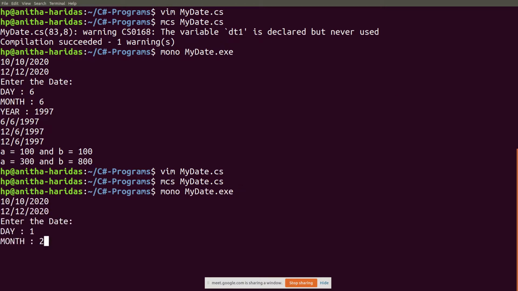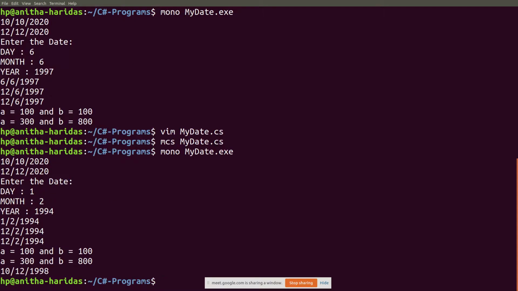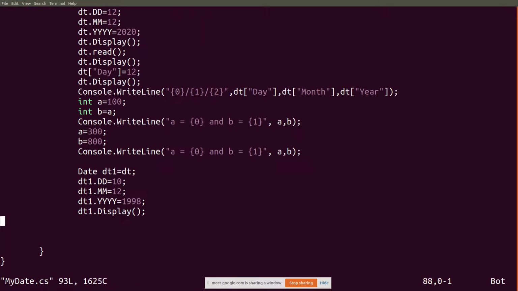I execute it. Okay. So what is dt1 now? dt1 is 10/12/1998. What is dt? dt has 12/2/1994. Now I go back to the program. I am not going to modify the value. At this particular point dt value is 12.